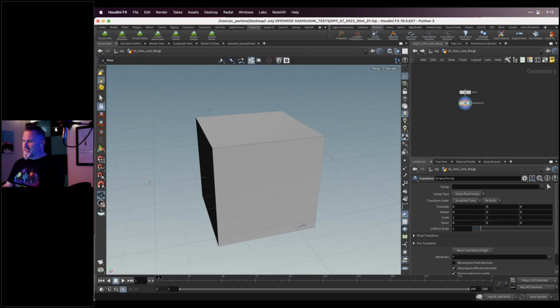So now if I'm on the transform node, I have a lot of the same properties. I could adjust one of these values, and that value is stored in this node. It's not as flexible as just grabbing in the viewport and going, although I could do that too if I wanted to. But this is the common workflow in Houdini, because all of that adjustment, that transforming, is stored in this node. So it's very flexible. Now, I go to translate, which is move, right? And I have X, Y, and Z here.